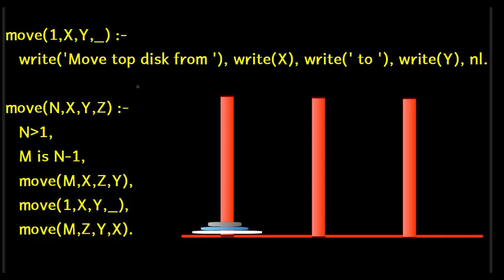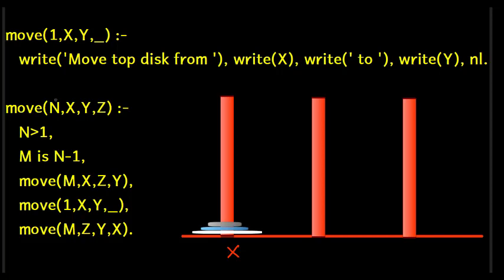First we start with this part, the rule move n x y z. What are x, y and z? N is the number of rings. In this case, as we see, the number of rings is 3. N can be any value: 3, 4, 5, 6, any. Here, when executing, we will take 3 rings, so I have taken 3 rings here. So this is our x.